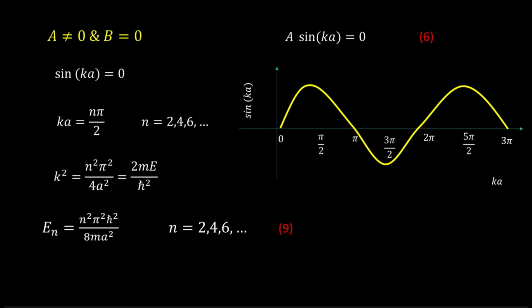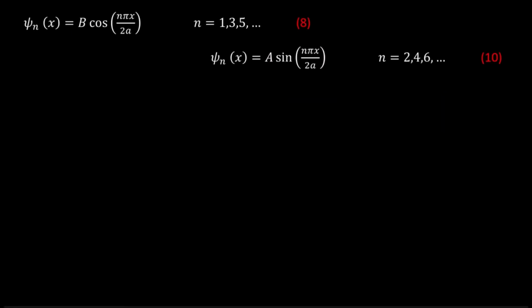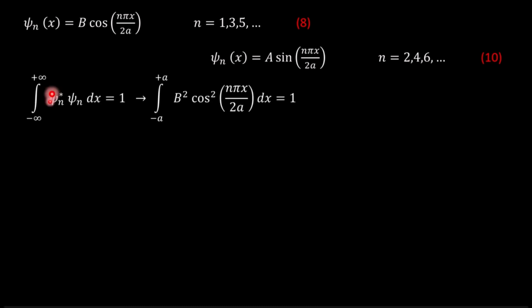And the corresponding eigenfunction is given by ψn(x) = a sin(nπx/2a), where n = 2, 4, 6, etc. And now let's try to normalize the wave functions. Normalization of the wave function given by equation 8 leads to the expression integral from minus infinity to plus infinity of ψn* ψn dx